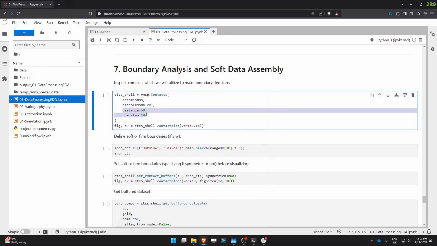The next 2 parameters here are the distance and the number of steps. So this distance and number of steps will define the bin size around the contact that we want to use. For instance, we are going to look as far as 50 meters from the contacts with 10 steps. So that means that each bin on my contact plot is going to represent 5 meters. If I go ahead and run the cell,